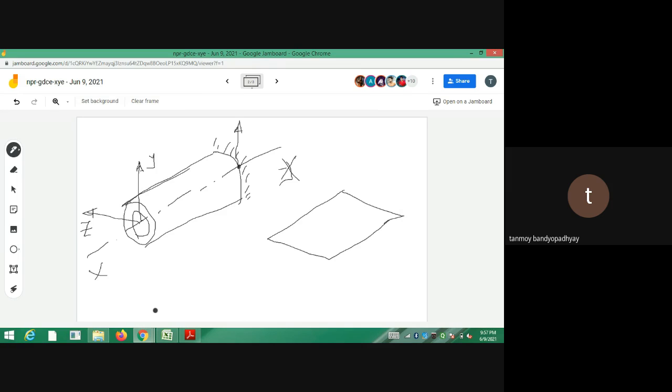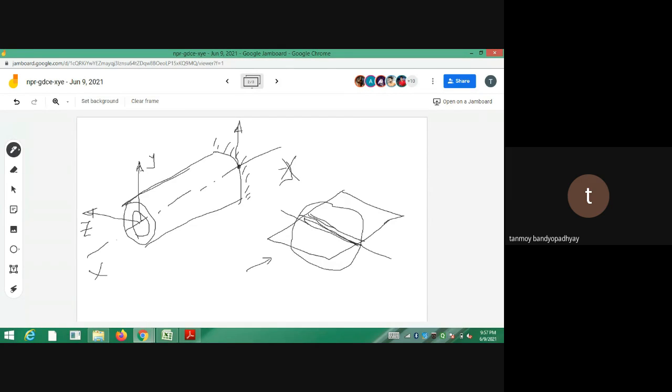Now if I take any cross section, on that cross section the neutral axis will become a line. I am seeing it from this side. So suppose I am taking the cross section around here. This is the neutral axis. I am saying that the cross section here is a circle and this one is its neutral axis. So the neutral axis is a line. That is why I'm calling it an axis, but in totality it's a neutral plane.